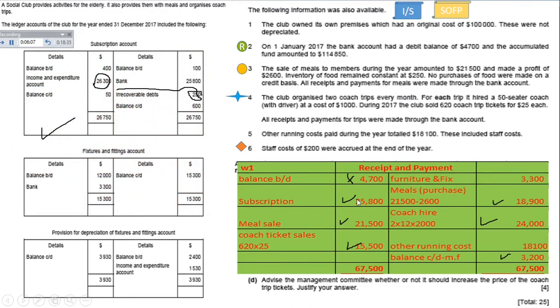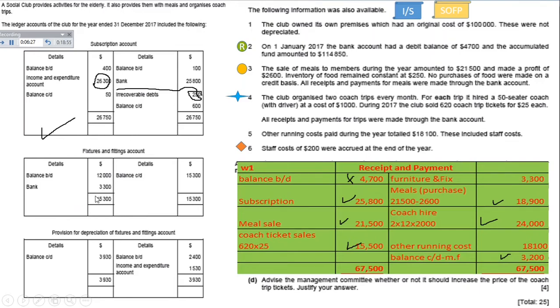So now we have completed this side. Now you go to the right side, furniture and fixture 3300. Now this furniture and fixture 3300 is furniture and fixture purchased. So you go to the furniture and fixture ledger. Let's go to the furniture ledger. So if you see here in the ledger,